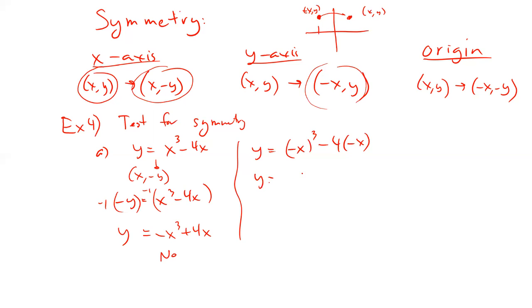All right, let's check it out. Negative x times negative x times negative x is negative x to the third, perfect. And then negative 4 times negative x is positive 4x, is that right? All right, in order for it to look like the original one, I think I'm going to factor out a negative. Or does it look like the original one? I guess maybe we can just stop there. No, it doesn't. So no on this one.